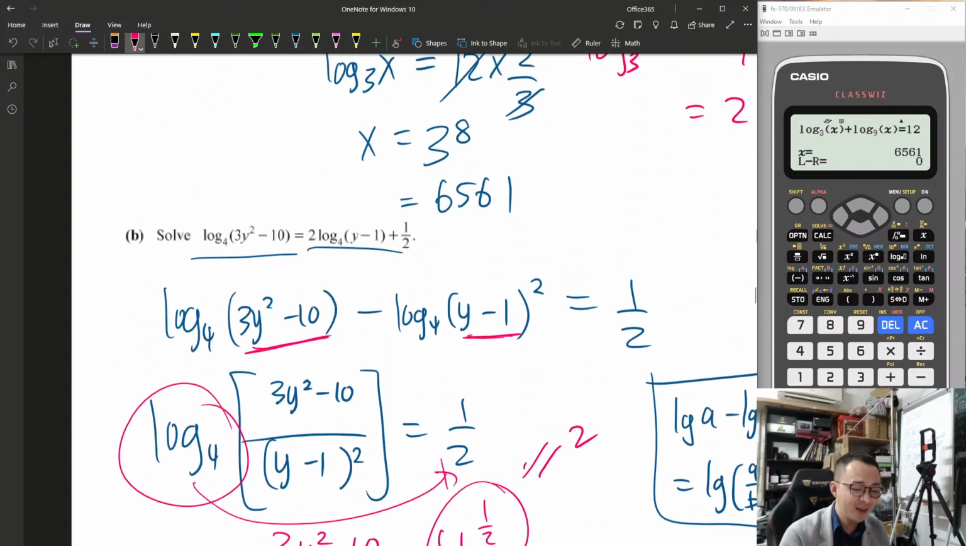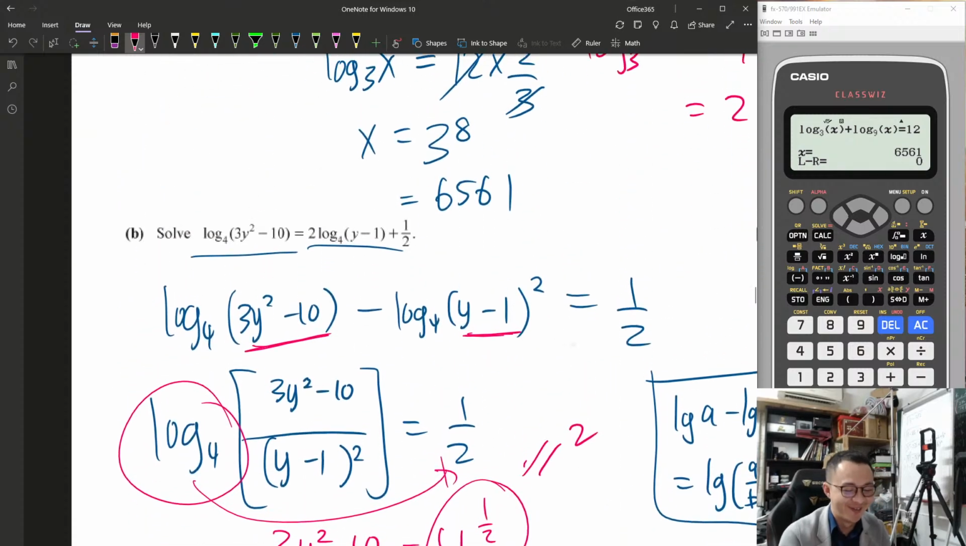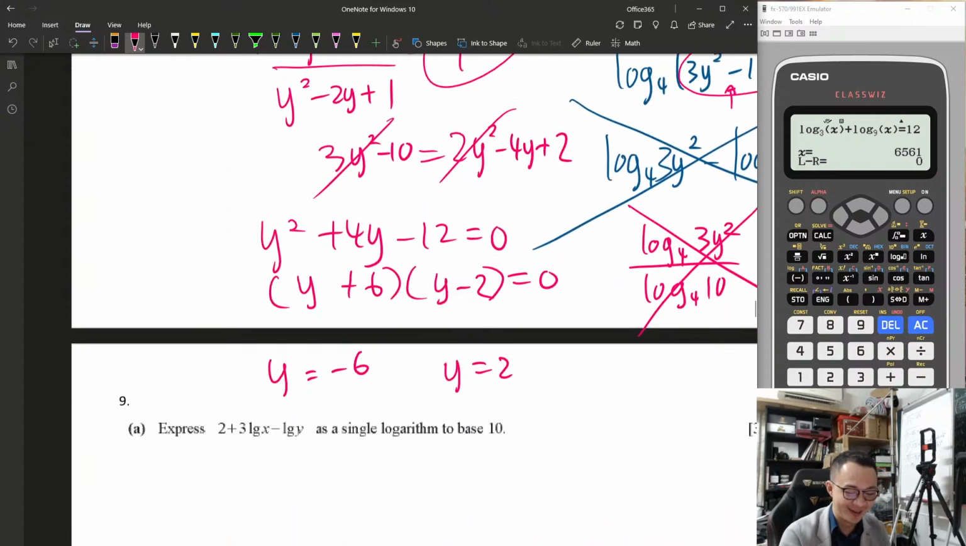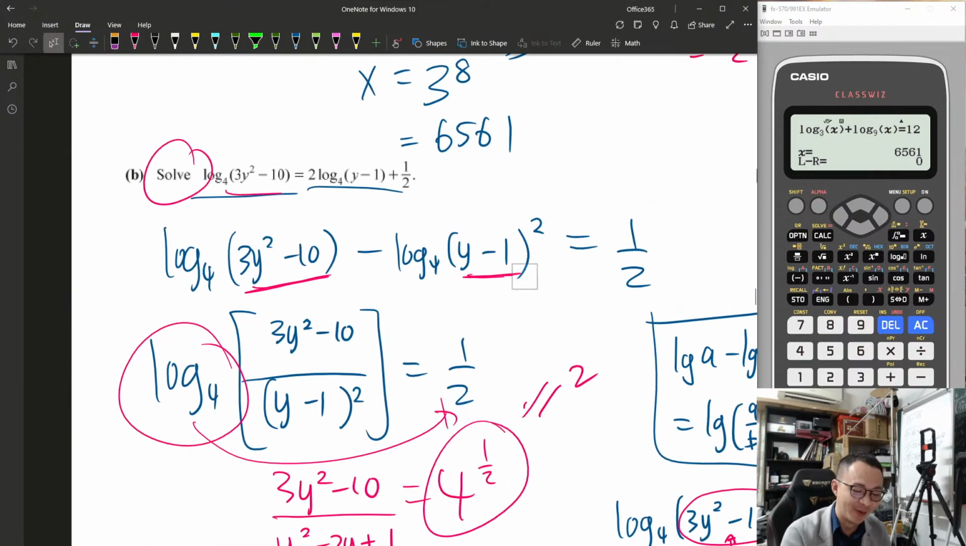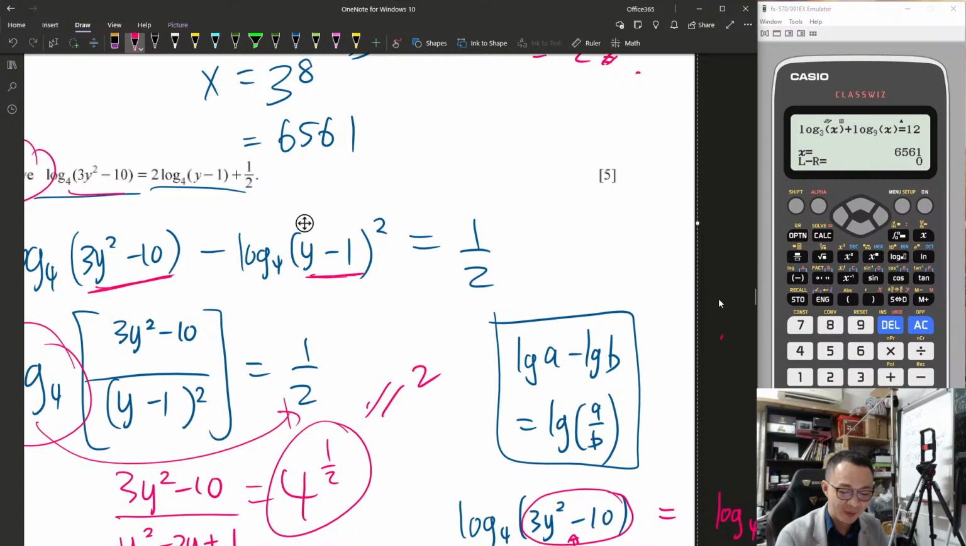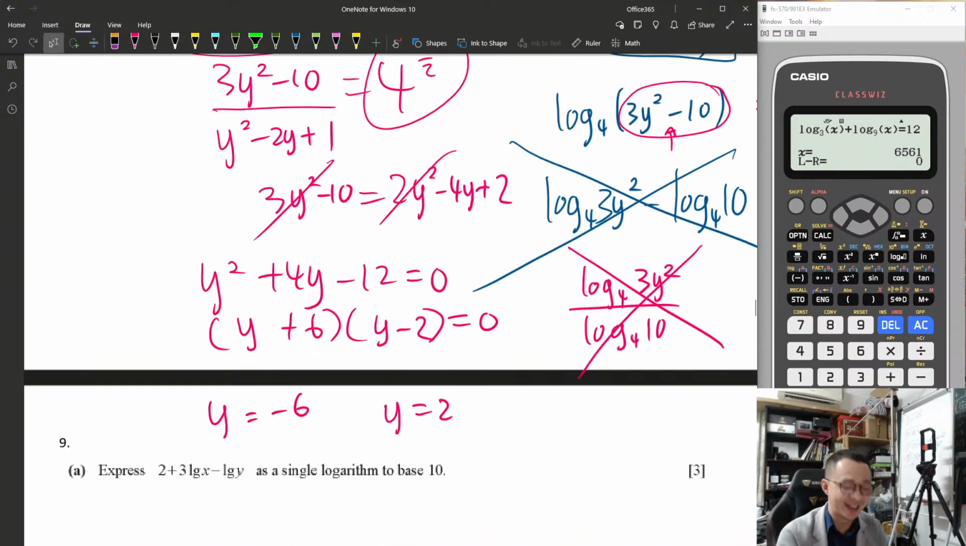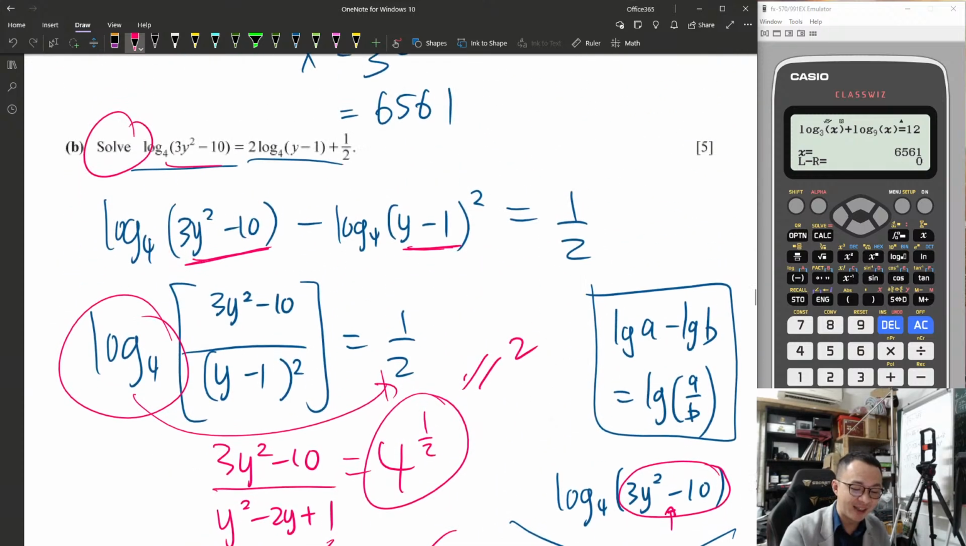Do I stop here? Yes, I stop here because I want to find y, because here I know it's y. No. I cannot stop here. Why? Because we cannot accept y equals negative 6. Why do I say so? I reject it first, because if I sub the negative 6 back